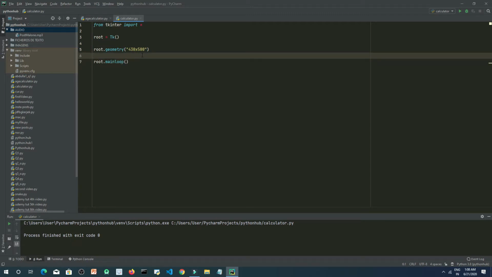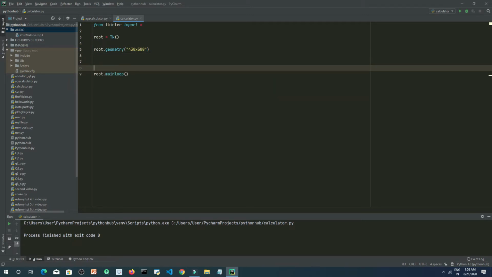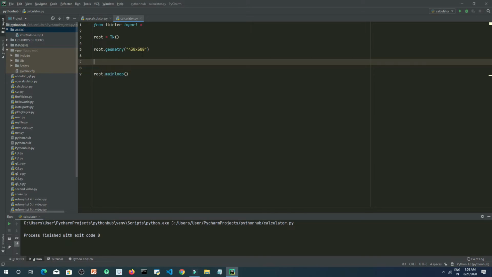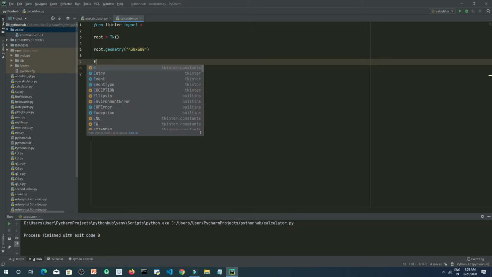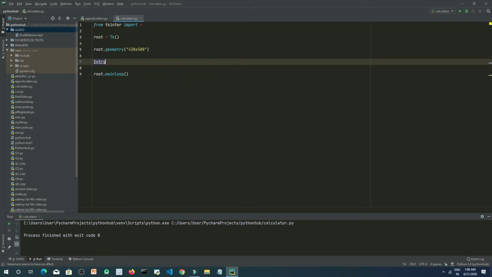Okay, so now let's create an entry widget where we will show the calculations, right? So let's create entry and we will place it inside our root, whose text variable will be, let's say, value.